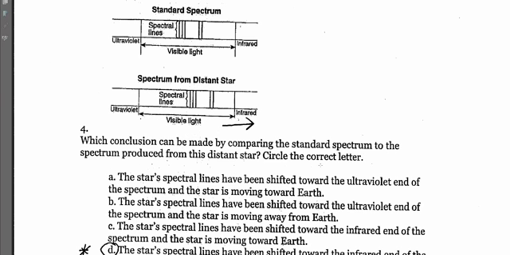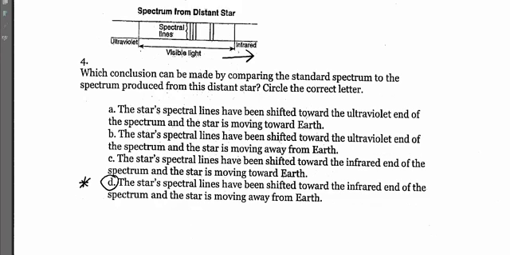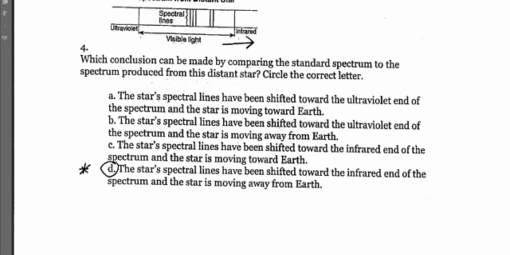This next one here, we got a standard spectrum and visible light. And we can see from here, here's the standard one, we can see everything was shifted to the infrared side, or the red side. Well, what conclusion can be made? Well, we know it's shifted to the infrared/red side, and that is one of the whole ideas of evidence for the Big Bang Theory. So the spectral lines have been shifted towards the infrared, and the star is moving away